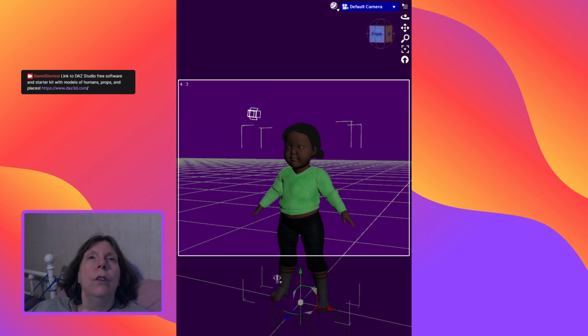So what kind of shoes do I want to put on her? Let's put some high tops. Why not? Cute. Alright, now I don't like the color of those pants at all, so I'm going to select